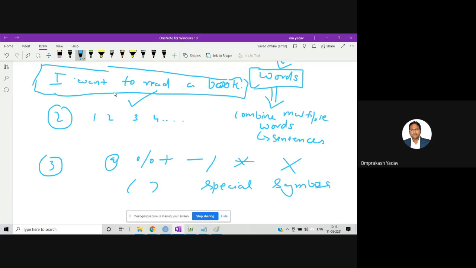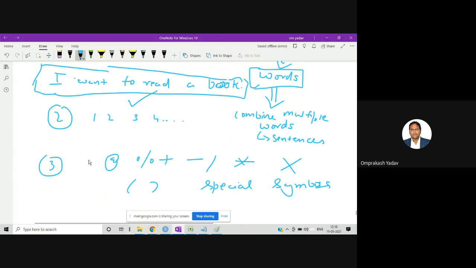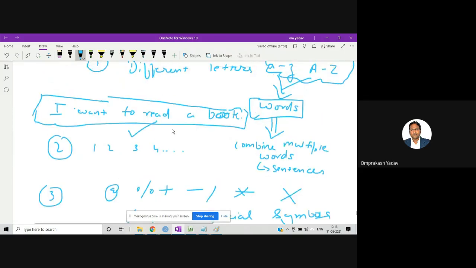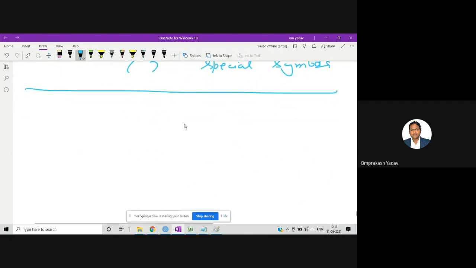Now, taking these three things into account: the different letters, different numbers or digits, and third, the different special symbols, let's see what we have to do in the C language. Now I want to start the C language and learn it.